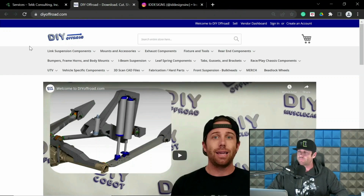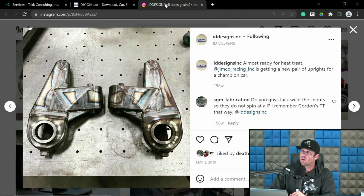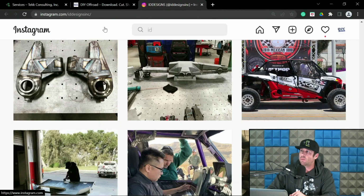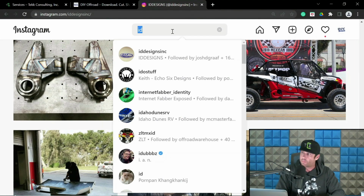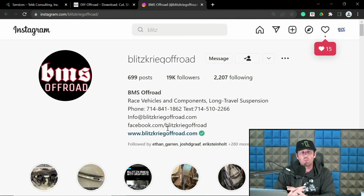So tonight, discussion: design of independent front suspensions. We're going to break that up into two sections: long travel stuff and center mount stuff. When I say long travel, what I mean is stuff that goes on stock type vehicles. So that's going to be your Chevy Silverados, your Ford F-150s, your Rangers, your Ford Raptors,